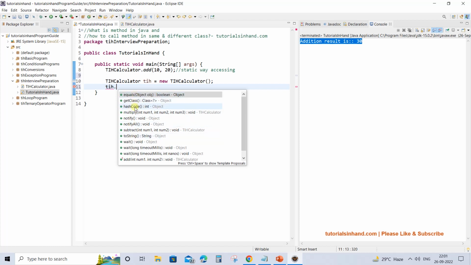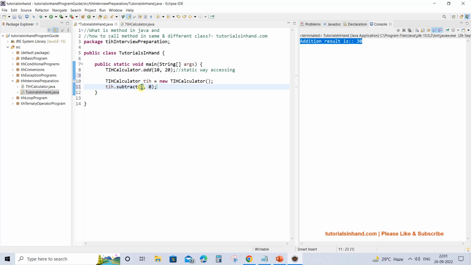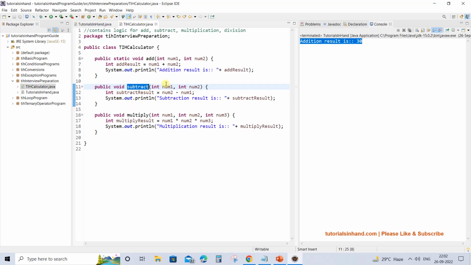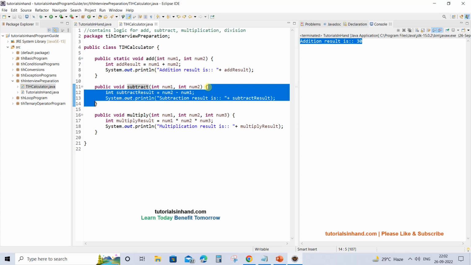So you can access subtract and then pass two parameters as usual like 10, and then you can pass 30, and then when you press Ctrl and hover your mouse over subtract, you will see that this particular method is getting called, and then whatever is written within it will be executed.